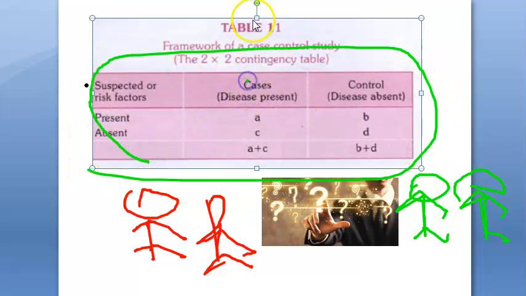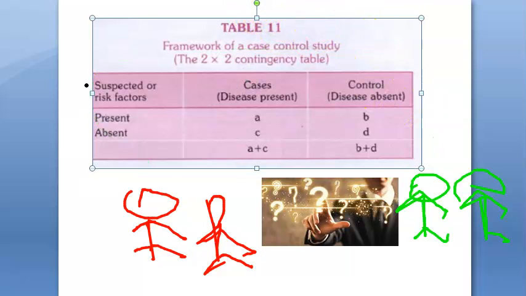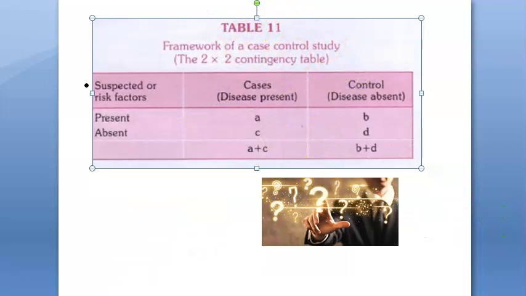So there are cases here. So here you have cases, and here you have control. Okay, so suspected or risk factors present. So present and absent you have to mark. So there was present, so A. That much, that number, that's a quantity. So out of so many people, yes, these people were having this risk factor, and yes, now the disease is